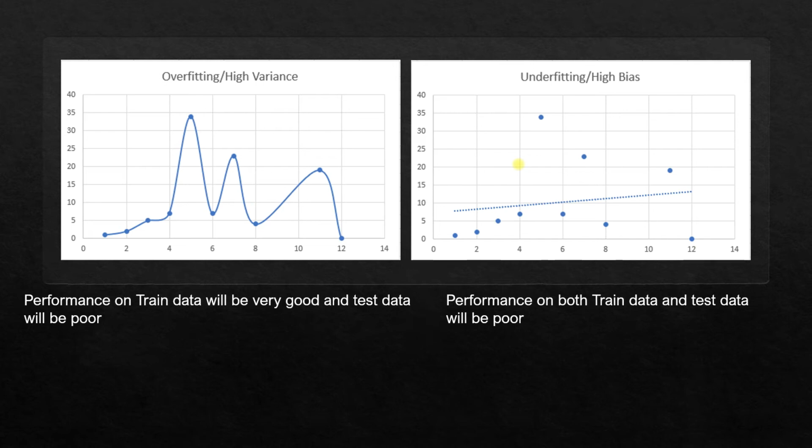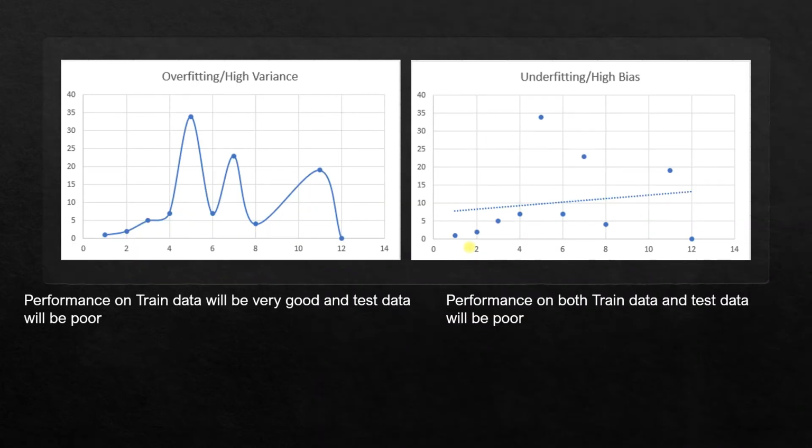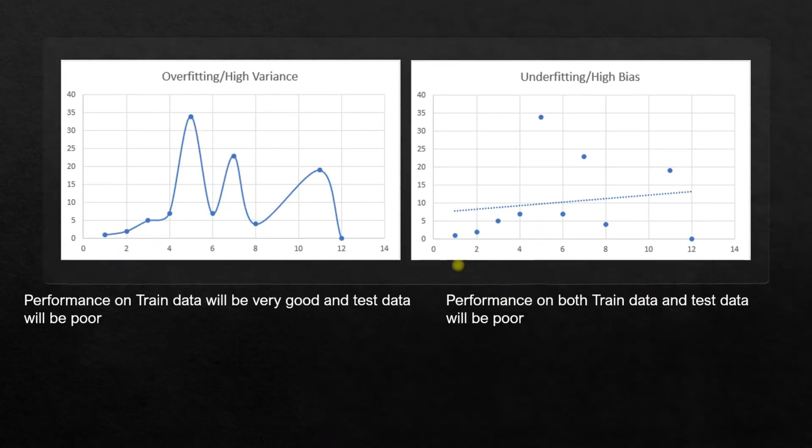Now, before we go further, what is the correct fit? This is overfitting and underfitting, and this is the correct fit. Did you see this line? It is touching a few points, if you see, these 3 points, 1, 2, and 3, and there are a few other points which are close to this line. In this case, we'll have some variance and we'll also have some bias. That's called the trade-off. Bias-variance trade-off means in your model, you should have some variance and you should also have some bias. Then you can say it is a perfect fit.